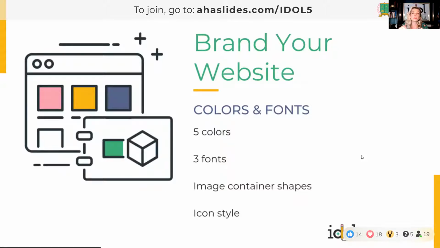Consistency is key, especially when we're talking about your visual design. So you want a maximum of 5 colors, a maximum of 3 fonts, right? A title font, a heading font, and a body font. Make sure that you stay away from scribbly handwriting things unless you use it very sparingly as an accent font, right? Because we're building professional portfolios.